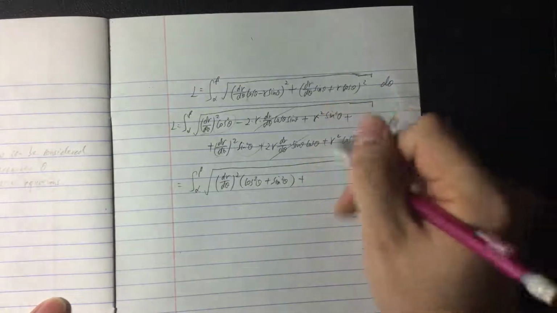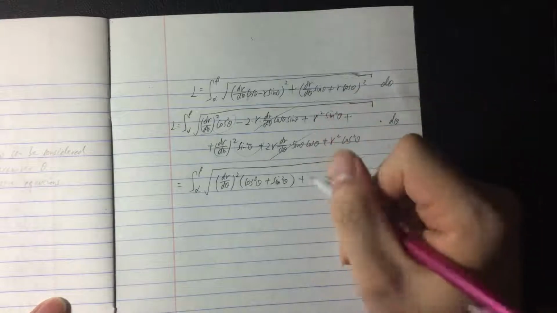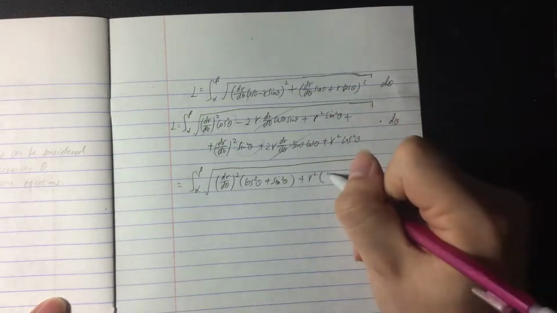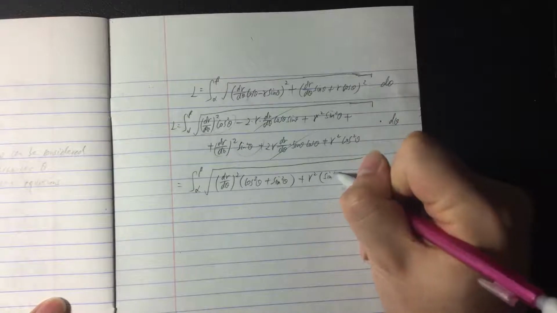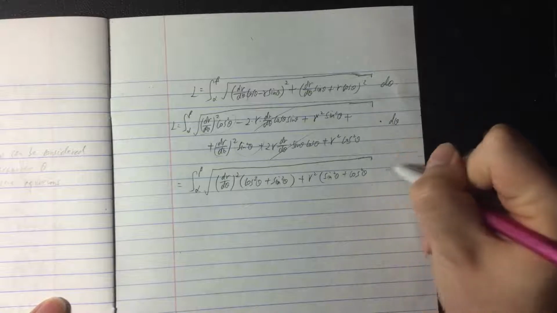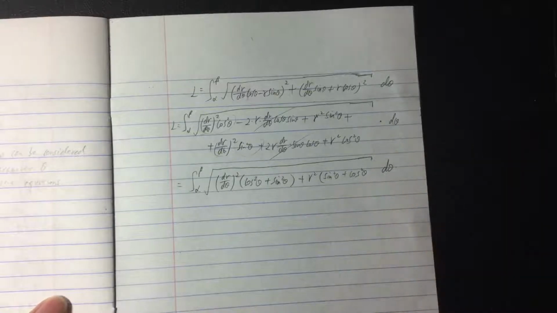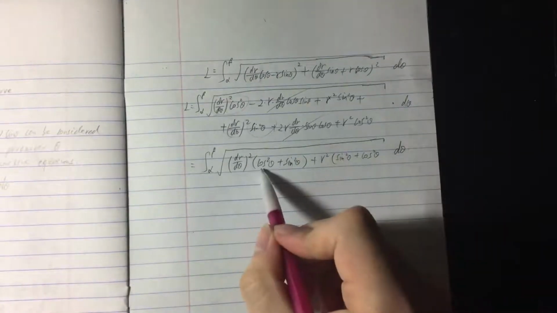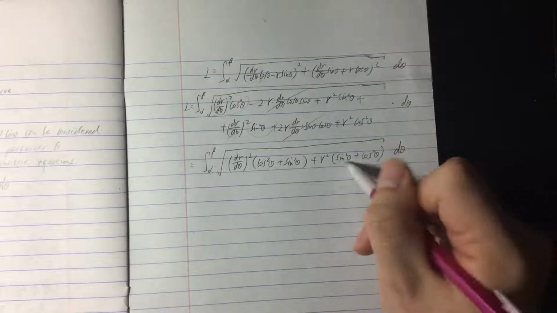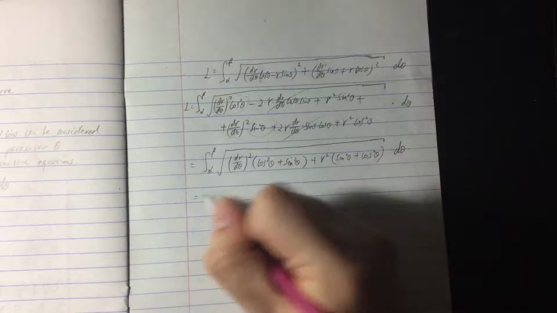For these two terms, they have common factor r squared, and what's left is sine squared theta plus cosine squared theta. Then, we know cosine squared theta plus sine squared theta is 1, so what's left is